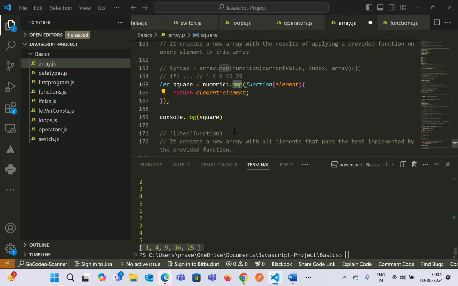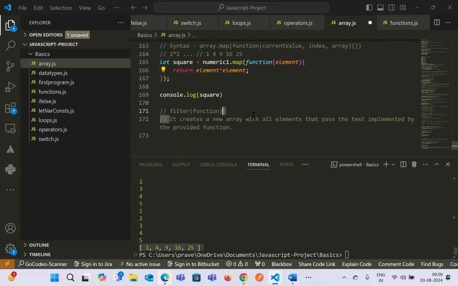Whereas filter says that it creates a new array with all elements that pass the test by the provided function. If everything is matching for the array, then it will provide you all the results. If it is not matching, then whatever the matching elements are from the array, only those elements will be